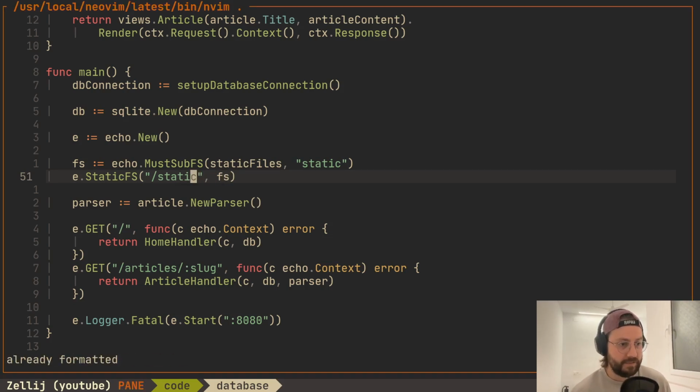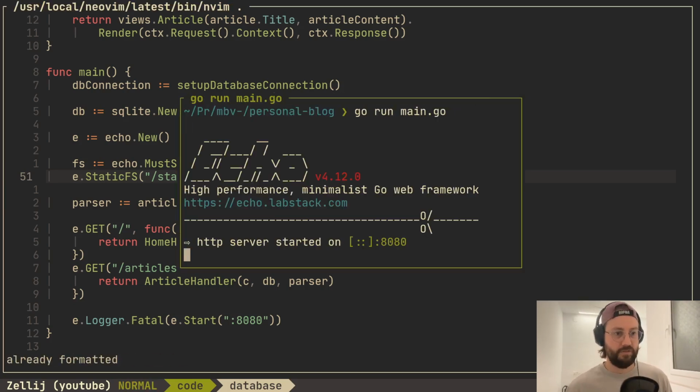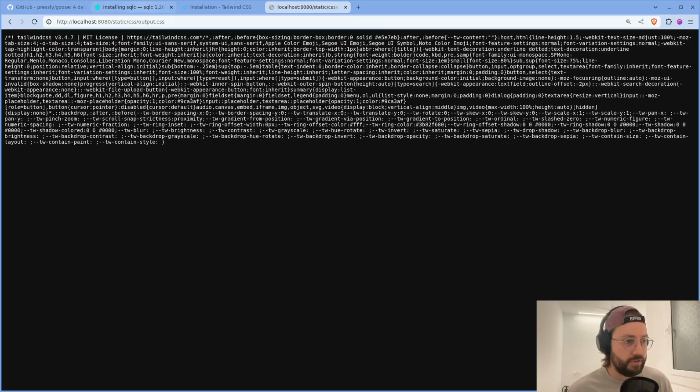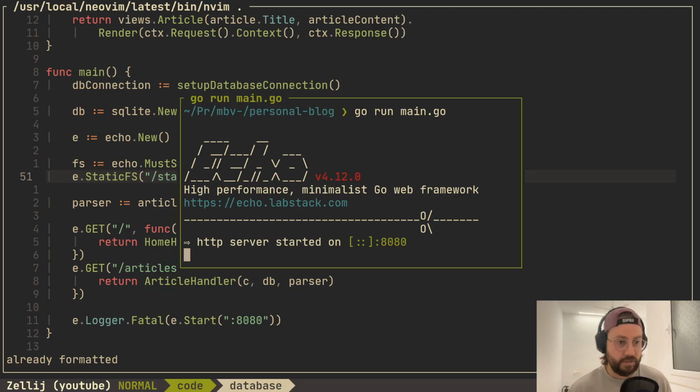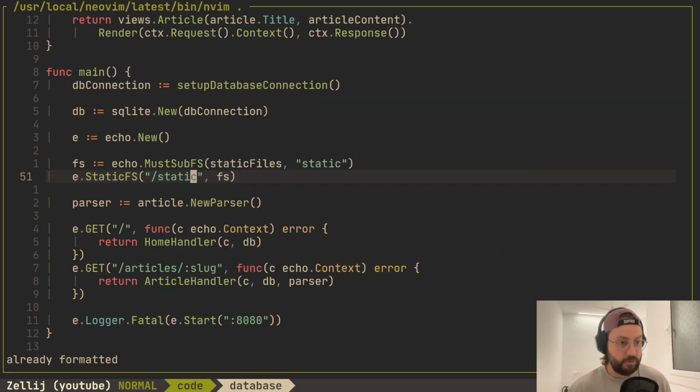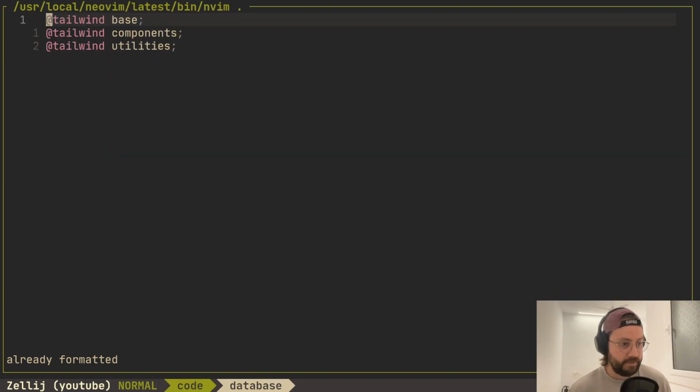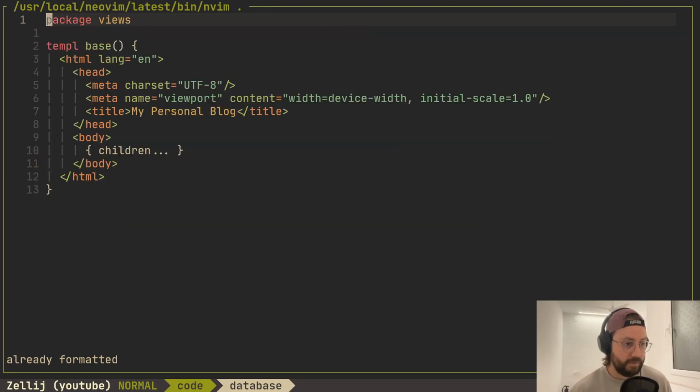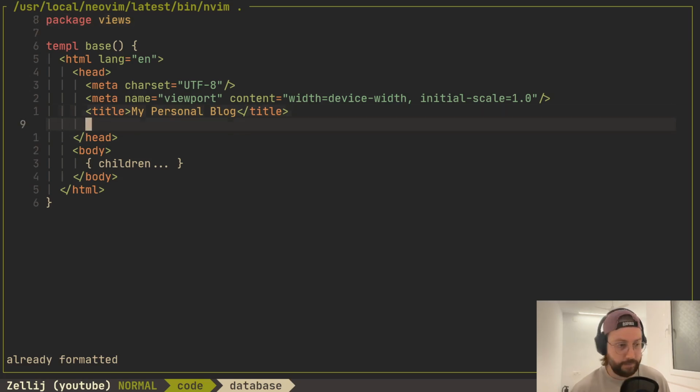And I misspelled it, of course. Now let's try and give this a refresh. And there we go. So now we're ready to style our pages. And to do so, we're going to be adding this to our base.templ file, so the style sheet is included in every page automatically. And we simply say link stylesheet, and it's the static CSS output